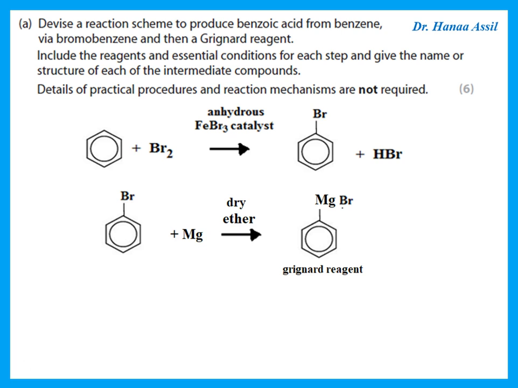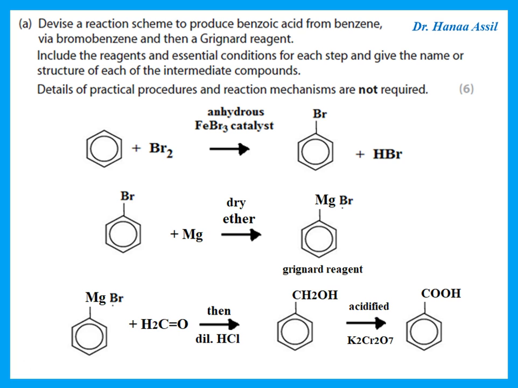This will give me the Grignard reagent. And then the Grignard reagent is supposed to react with a carbonyl. Now, what kind of carbonyl? If I want benzoic acid, that means I need a carbonyl compound that has only one carbon. So actually, we could react it with